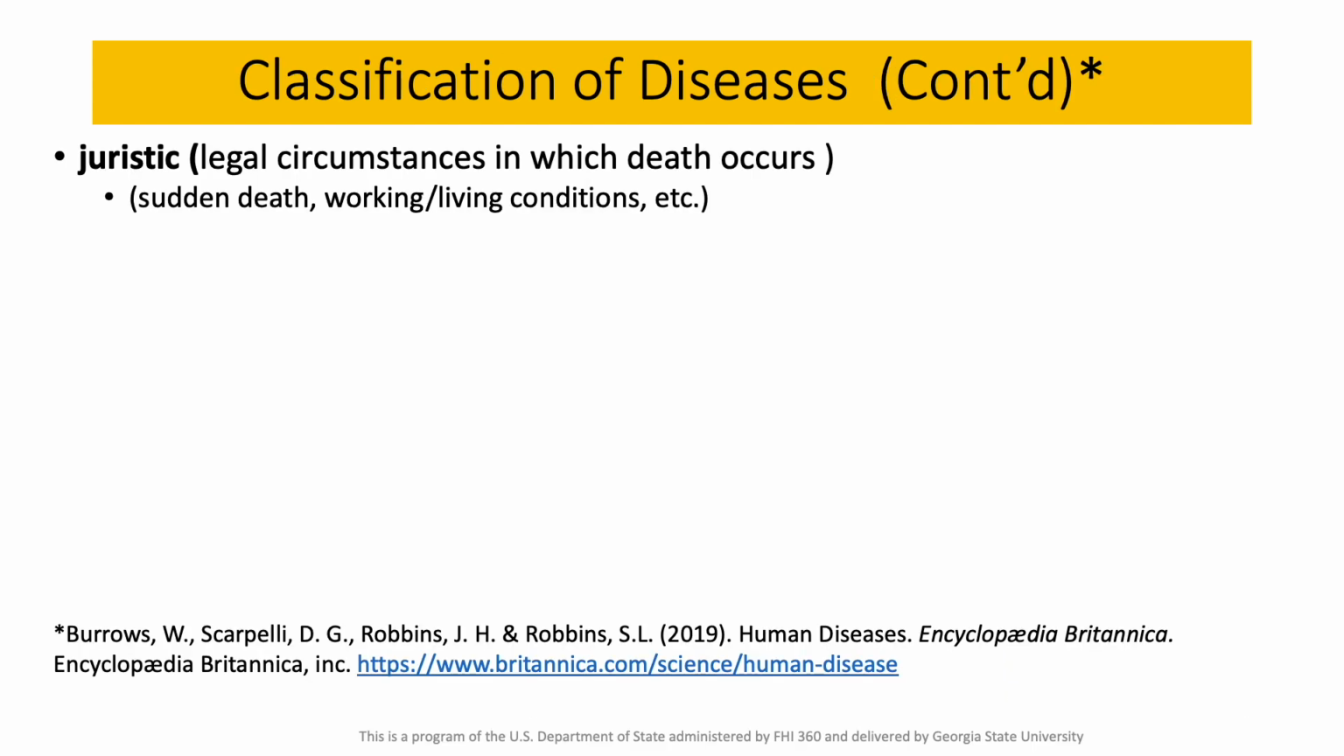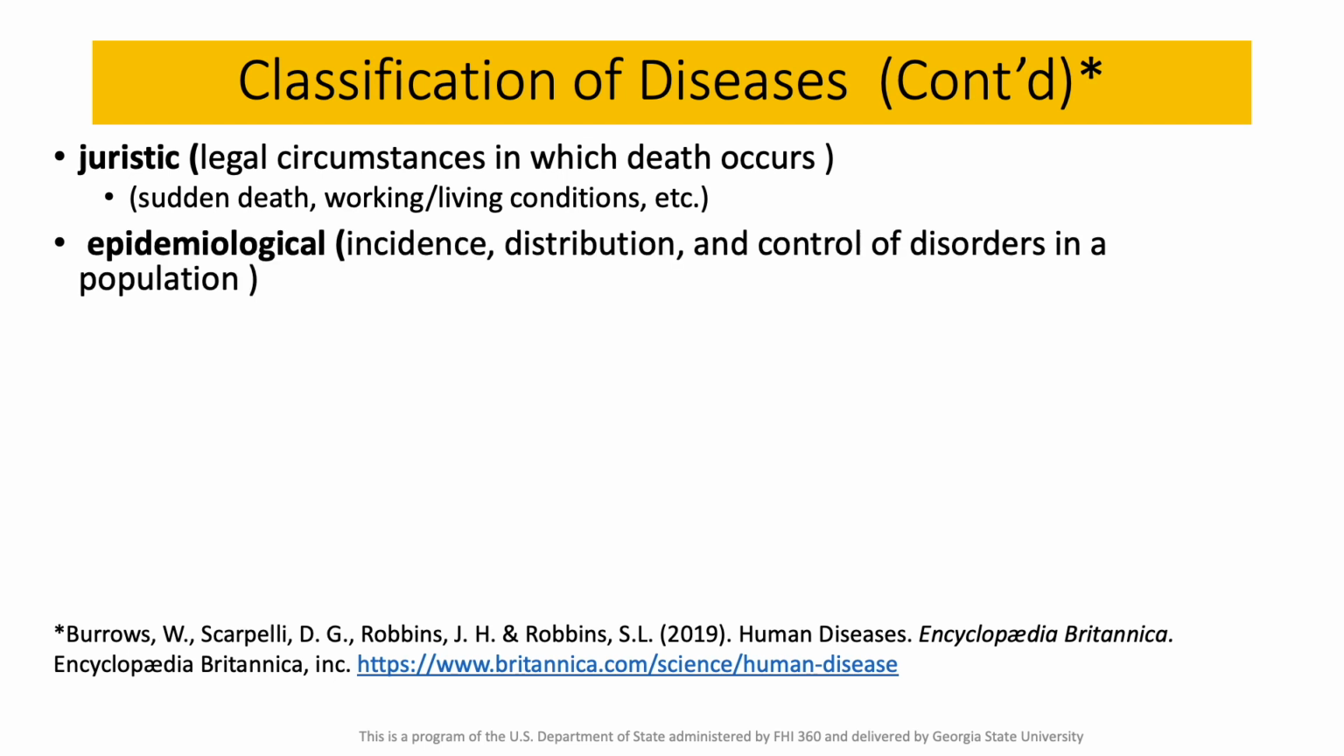You can also have a juristic classification of disease, which is based on the legal circumstances in which death occurs. Some examples are sudden death or death caused by some working or living conditions. You can also have an epidemiological classification, which is based on the incidence, the distribution, and the control of disorders